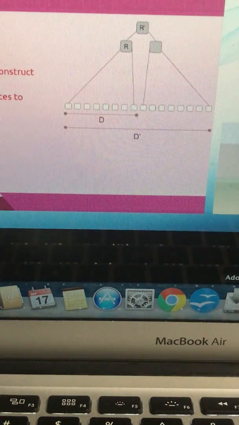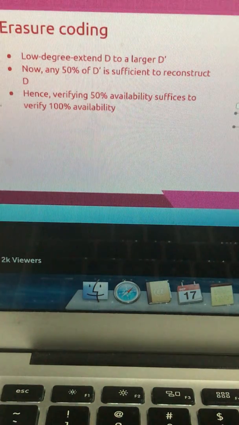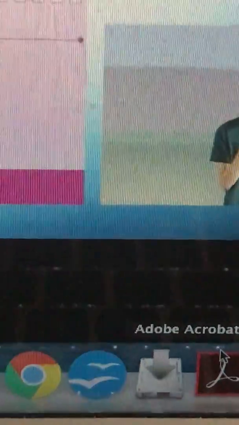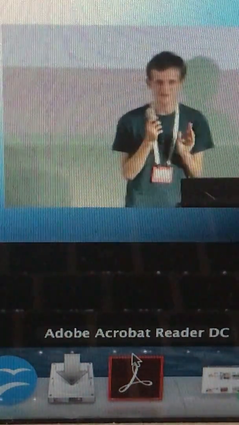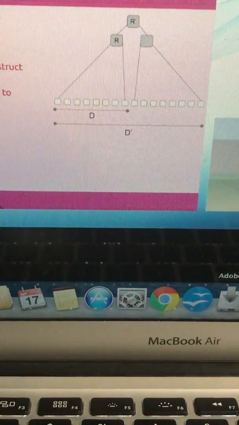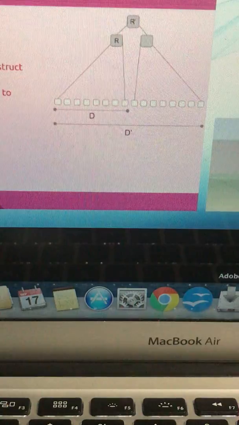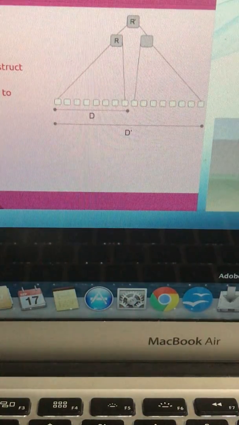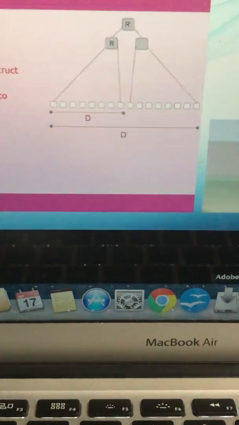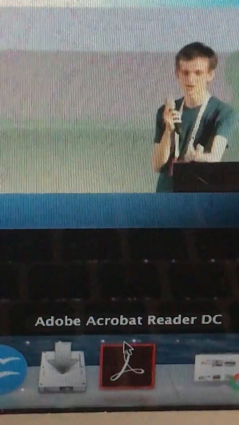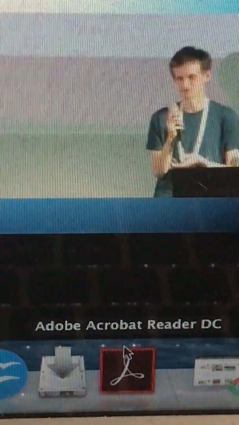Now, there's one problem here, which is, what if the D prime is constructed incorrectly? So what if it's not a low degree extension? What if the data in some places is just totally random? What if at position 5 the Merkle tree doesn't even go down that many levels? What if one of the chunks has 34 bytes instead of 32? What if there's crazy stuff happening? And R prime actually isn't a faithful low degree extension, or D prime actually isn't a faithful low degree extension of D. So by the way, R is the Merkle root of D, and R prime is the Merkle root of D prime.